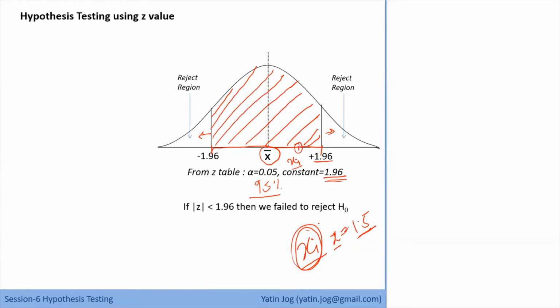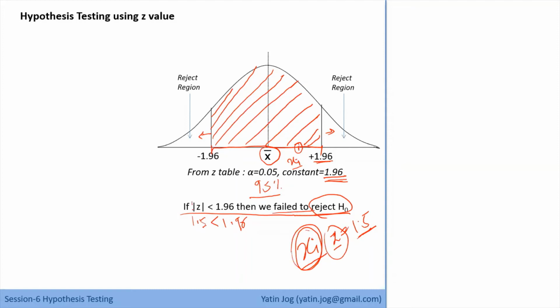We always compare one value with the accept range value. Now in case of Z, we know the constant is 1.96, so we can directly compare our xi's Z value with 1.96. Okay, so we'll go ahead with that. That's why, if you look at the rule, it says if mod of Z is less than 1.96, in our case 1.5 is less than 1.96. Yes, the condition is right. So we fail to reject H0. That means we are going to go ahead with the basic assumption. We think our basic assumption is correct. So we fail to reject H0.